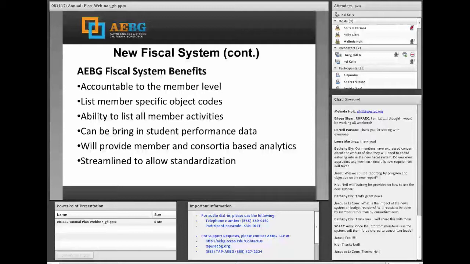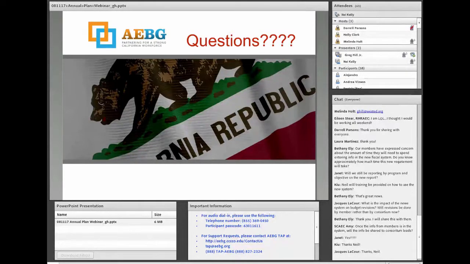We can also bring in performance data to compare: the member has spent this much in these areas, and they're also offering these classes, and here are their outcomes. So it allows us to do better analytics and streamline and standardize our data collection. So any questions about that? I guess we're at the end.